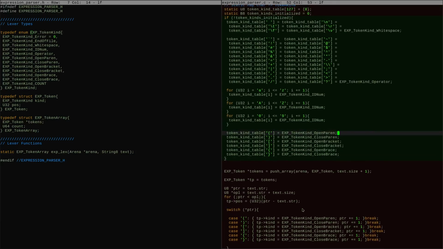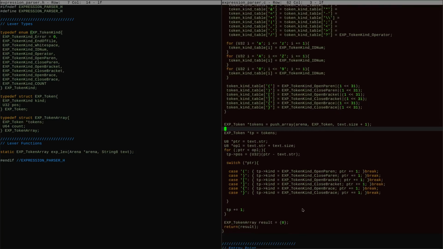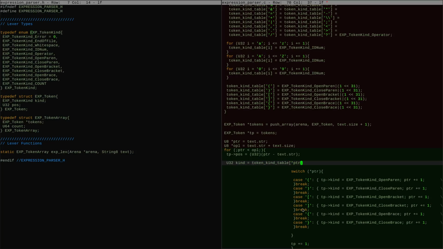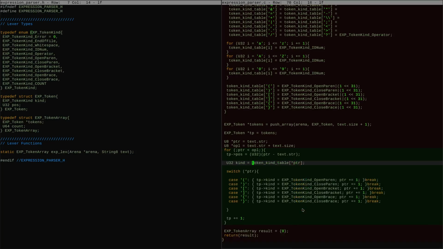And then what I'm going to do is I'm going to come in here and set a high bit on each of these, which I'm not doing on any of the other ones. And so then the tokenizer becomes the following. You go, let's just go kind, token kind table. So we do character lookup. Okay, we still have to do another careful thing,